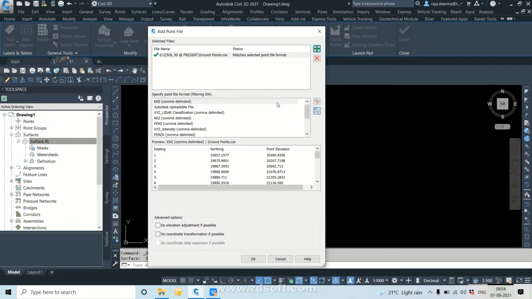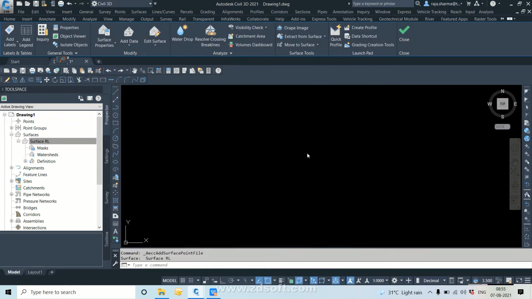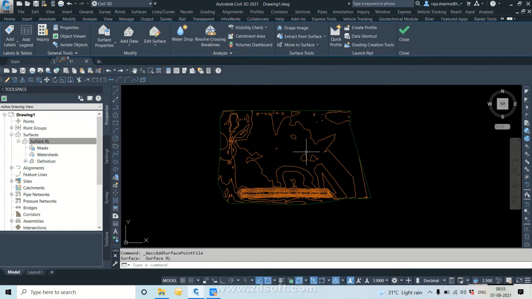When you open these files, you import the file over here. You need this filtering. If you have the Excel sheet and it comes with string and nothing, you have to select string and nothing. If the nothing is there, you select the nothing string, descriptions, elevations. So I have point, string, nothing, elevation, descriptions. I select this one and click OK. See, the data has come over here. Now you can see the control data comes over here. I select this one